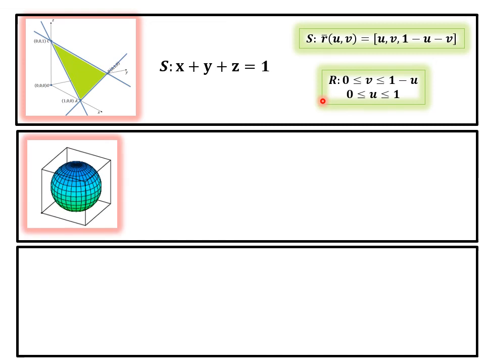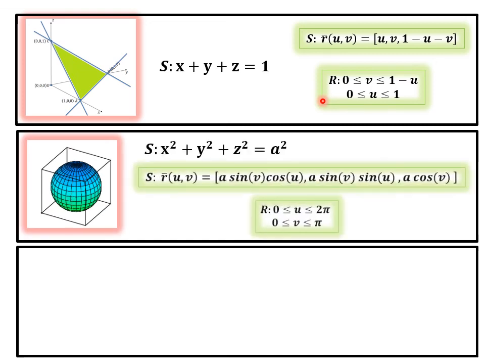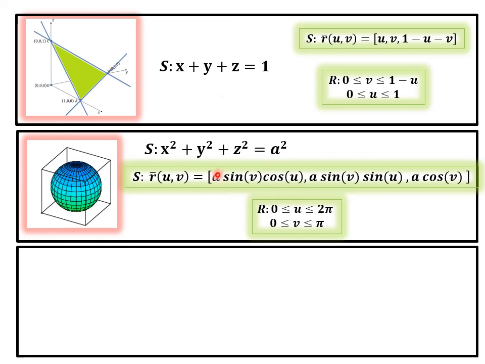For the surface sphere, we are preferring spherical coordinate transformation, in which the radial distance rho is fixed as the radius of the sphere. Angle theta is nothing but u, angle phi is nothing but v. Theta full rotation, 0 to 2 pi. To avoid multiple mapping, the second variable phi we are moving only between 0 and pi. Recap the latitudes and longitudes on the globe.